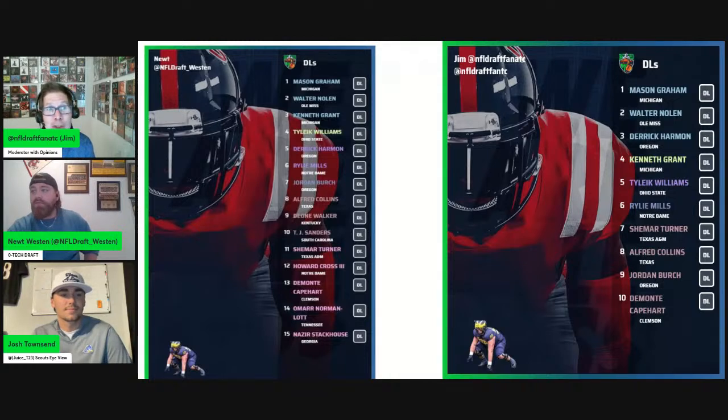Even with him being at 30 in the first round, he's still not as high as, at some point I would love to see your board to know the 10 guys that you have above him. Yeah. I'll say my consensus board puts him at 22 right now. So he's definitely in that range for sure. What you're saying, Jim. Yeah.